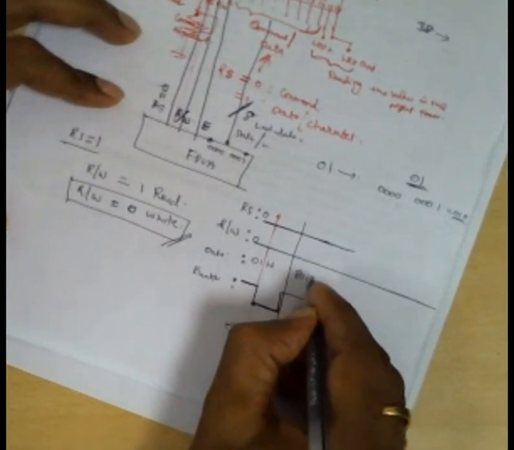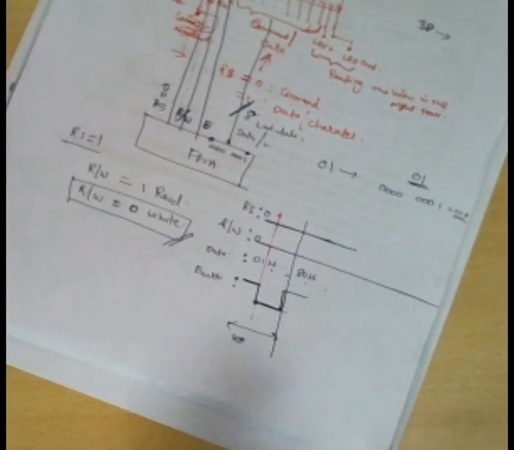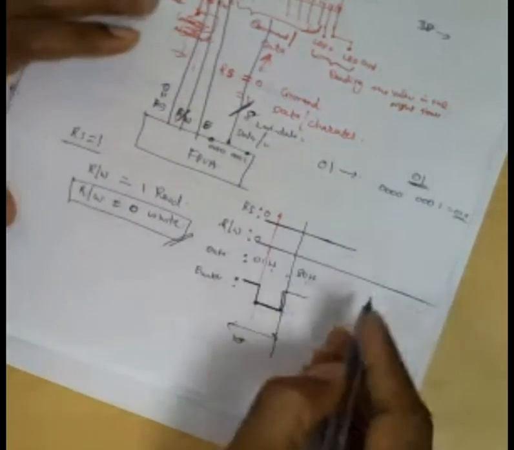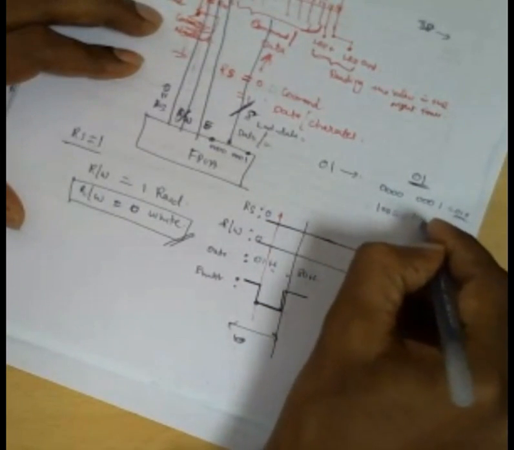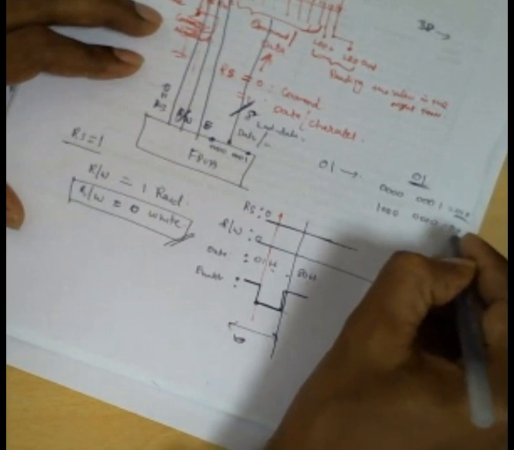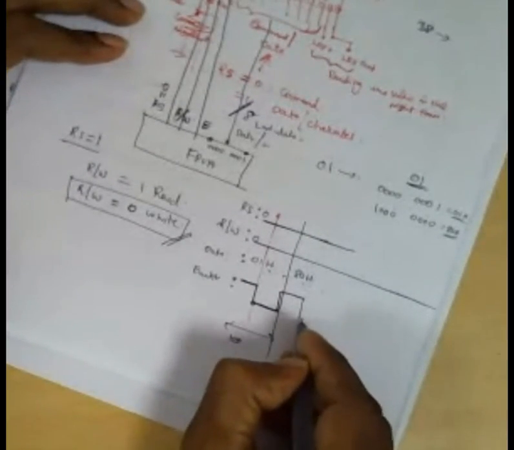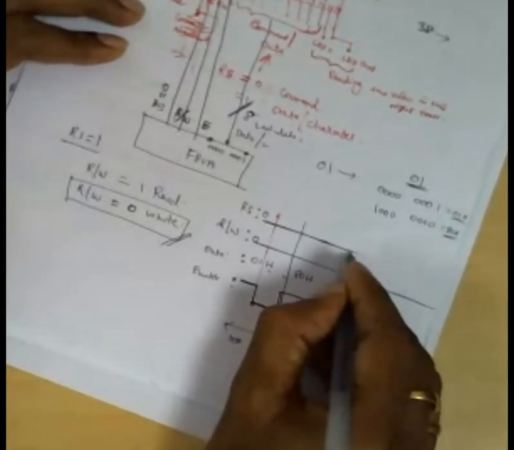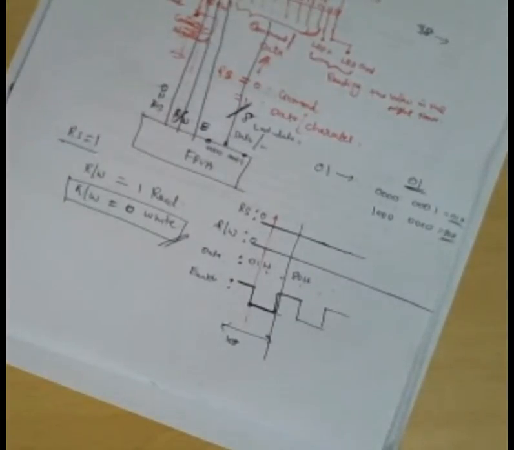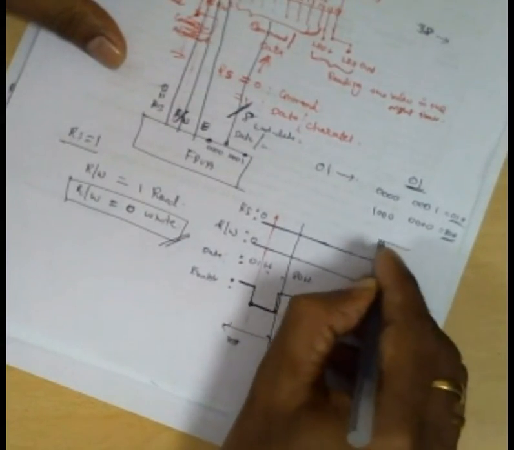Another command, maybe 80H. Whatever you are giving here is a command only right now, because RS is still 0. Am I clear to all of you? Then 80H means 10000000. This is called 80H. Then you apply one falling edge, so it is taken inside. Then you keep enable high and change the value. So you need to maintain RS equal to 0 till giving the command. Then you make this pin 1.